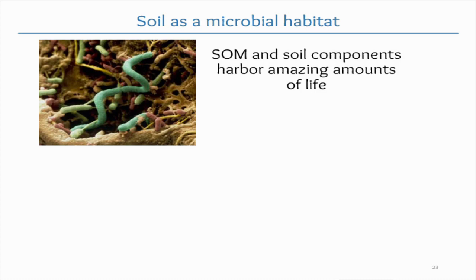Obviously these are dead soils, mostly because I had to dry them out in order to transport them and not have them leak all over the place. But when they were alive, and I pulled these out of the greenhouse at Butler, they were pretty functional soils. We had lots of stuff growing in there. I just wanted to give you an example of how much life is going on in these soils. So there's about 7 grams in there. If you had to take a wild guess, and you can talk about this with your neighbors for a second, how many bacterial cells do you think, back when this was a living soil,